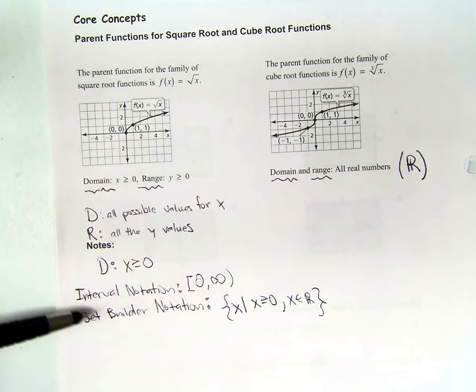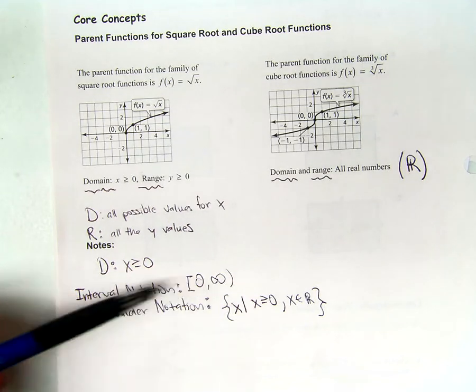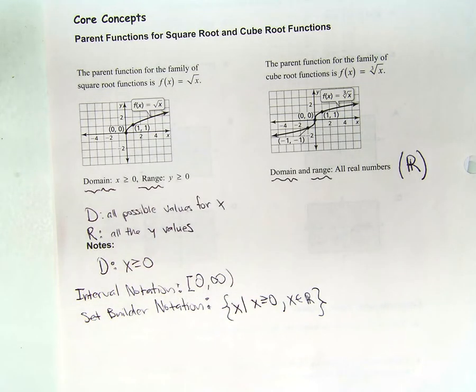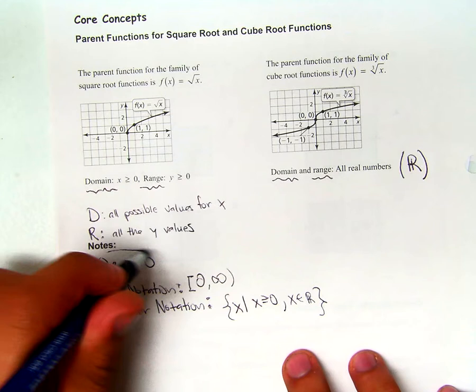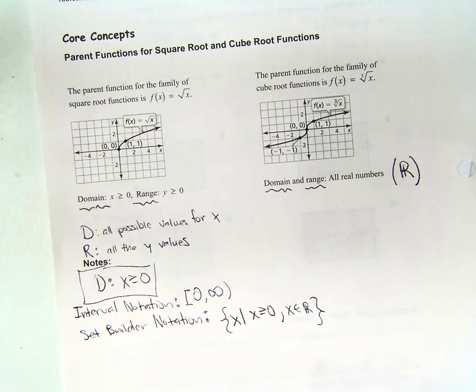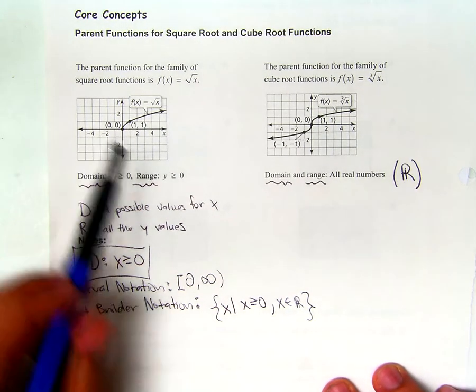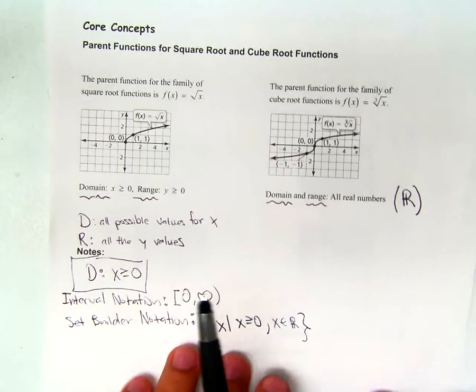So the reason I'm showing you this is just to keep in mind and understand that these are all equivalent to each other. These all mean the same thing, okay. But all we're going to be required to do is just this, alright. So that's how we find the domain and range, okay, or specifically the domain and range for these two parent functions, alright. So now